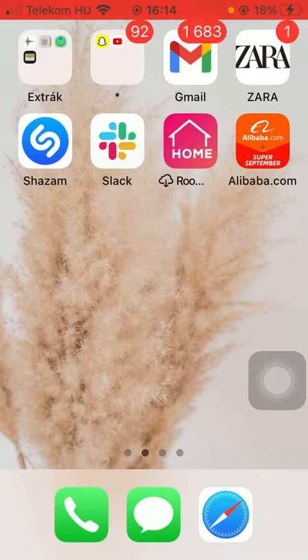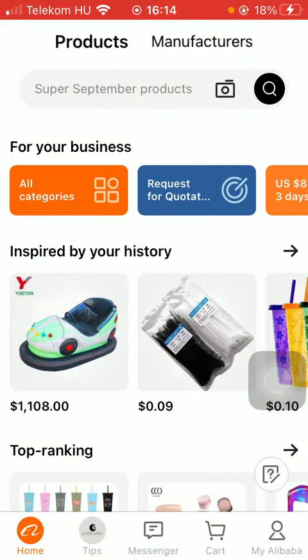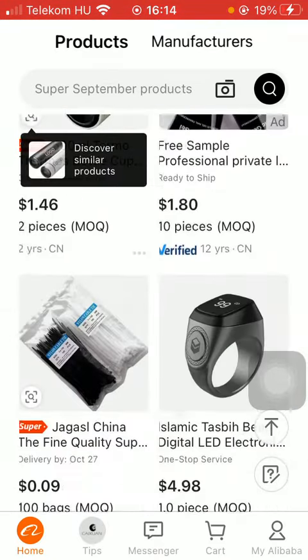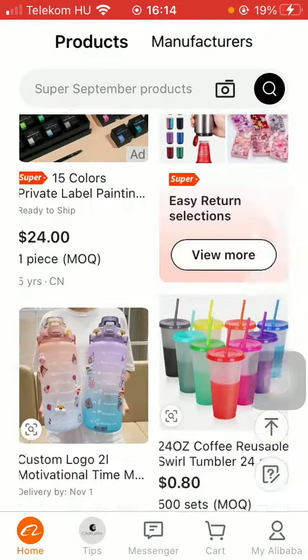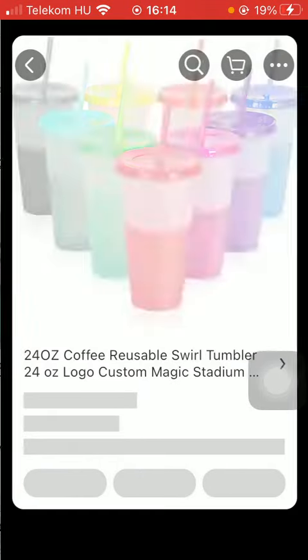First of all, open the application on your phone. After that, you should search for a particular product that you would like to save to your favorite section. You can either type in the exact name of that product into the search bar at the top of the screen, or you can also select from these recommended items here. So just simply click on the relevant one,